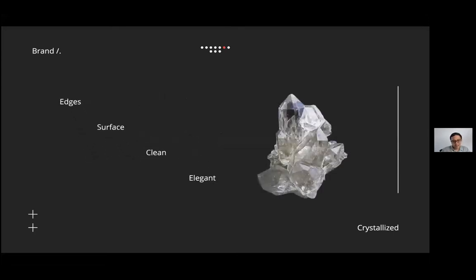And then I put keywords based on the product that I see. This crystal has edges, it has surfaces, and it's clean and elegant. So the way I make a brand is a simple way. It doesn't have to be so hard. What is this? What is that? How does it look?